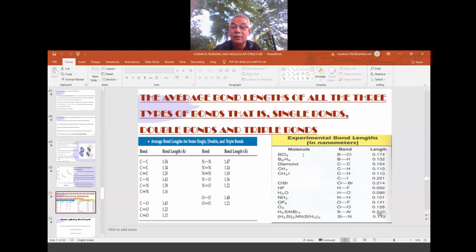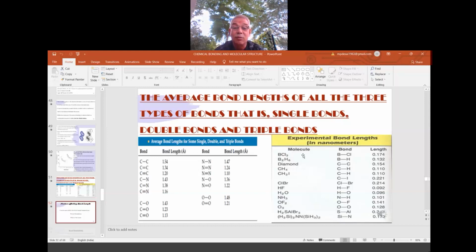See here, this is also from the textbook, data just to support us. See, carbon-carbon single bond, carbon-carbon double bond, carbon-carbon triple bond, and so on. Nitrogen-nitrogen single bond, double bond, and triple bond, O single bond, O double bond. In the case of diatomic species on the left side, and on the right side the more than two. All data is available nowadays in the books, and data will support us in understanding the bond parameters.